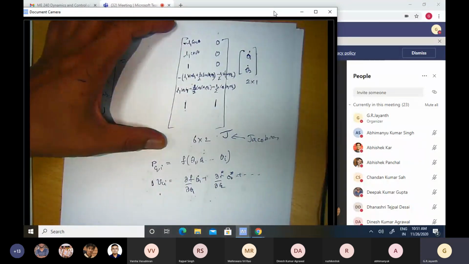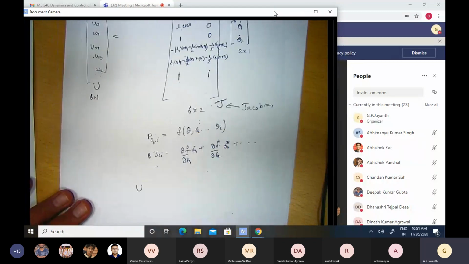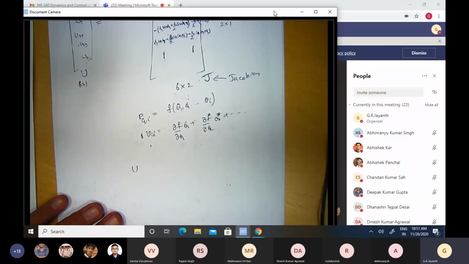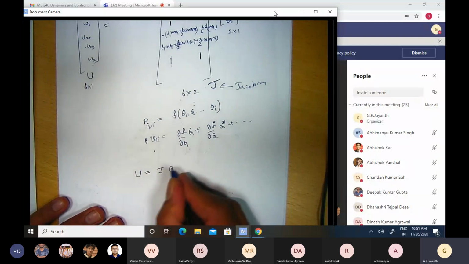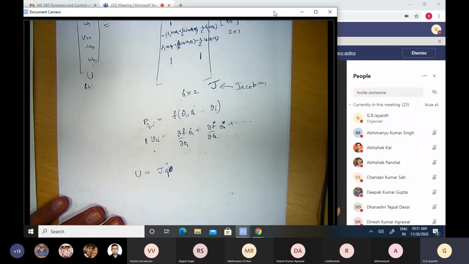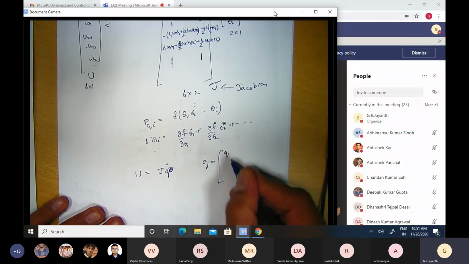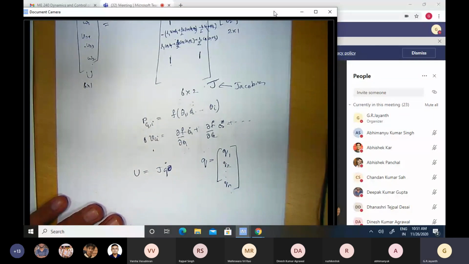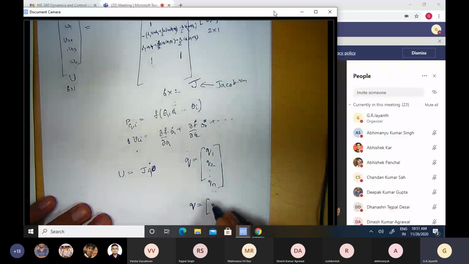That is, the two are related by means of a matrix, and that matrix is called a Jacobian. So more generally, if I have U as my overall vector for an n multi-body system, I can write that as J times Q dot, where Q is the vector of all of my generalized coordinates, Q1, Q2, etc. up to Qn. Okay, in the specific example of the 2R manipulator, my Q vector comprised of only two elements,